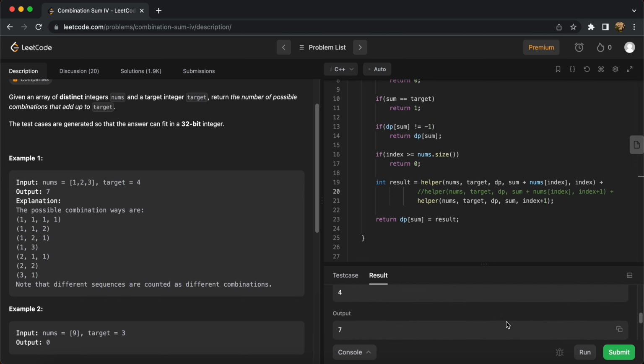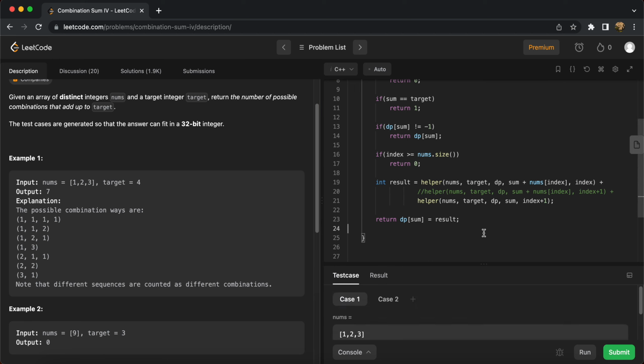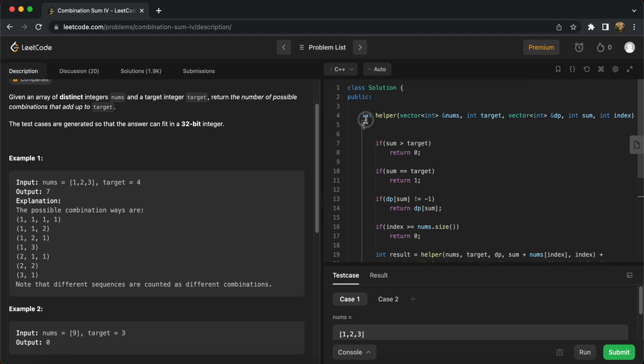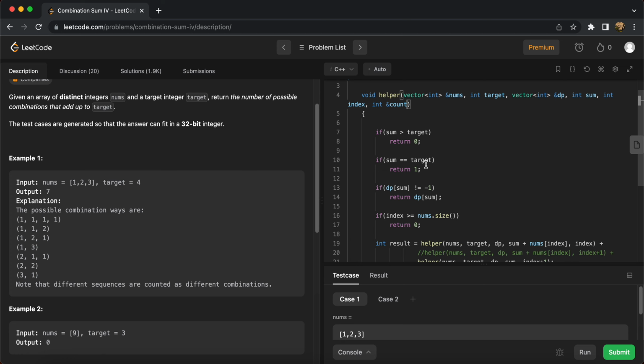This is accepted. Obviously, it is not correct. Again, I think I need to move to my previous approach. So instead of having a DP-based solution, let's have this return